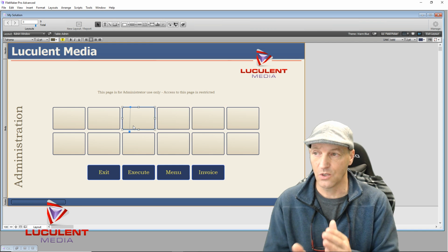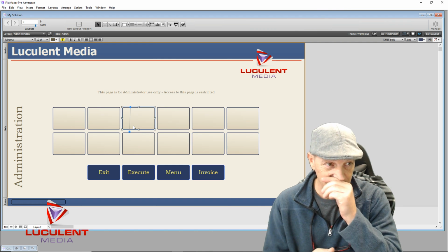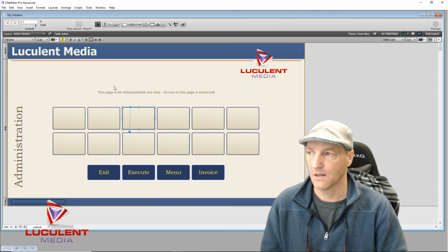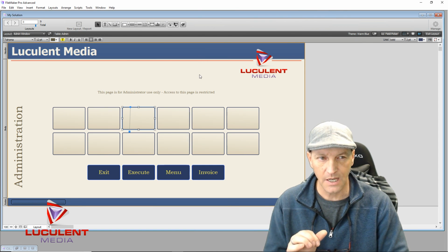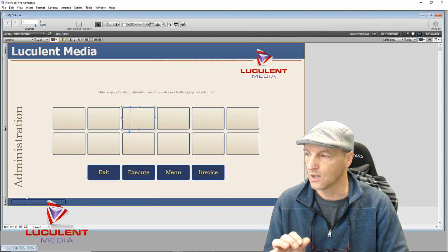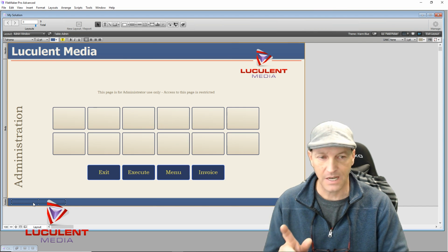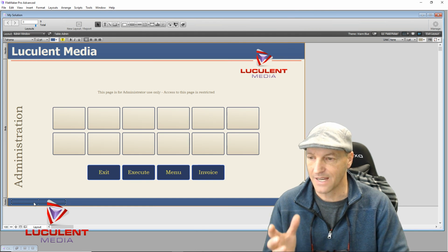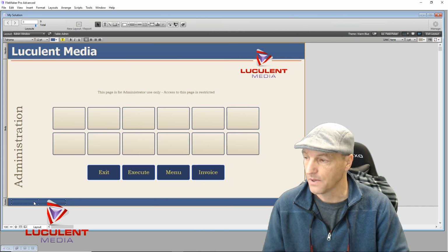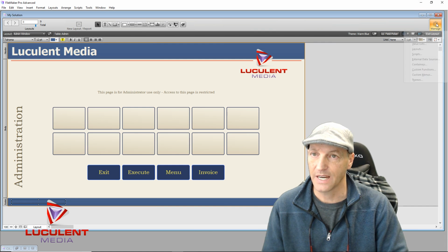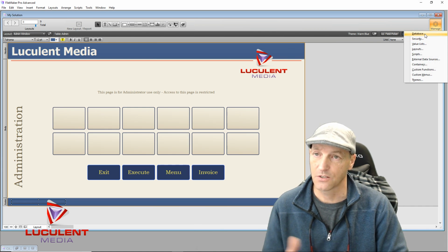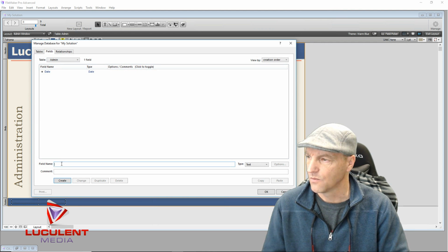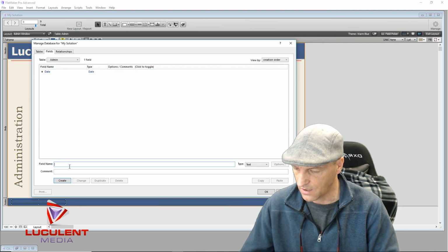And what we can do to make this even more secure is create a window, like that security box we were just looking at. We can actually create a little window down in this bottom section, where you see this little bottom thing that I did. This currently does nothing. But if we go back into our managed layouts, our database, excuse me, and we're on the admin one, what we can do is put in a